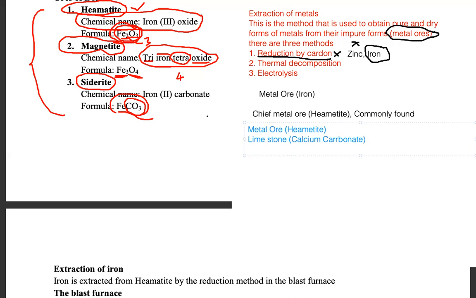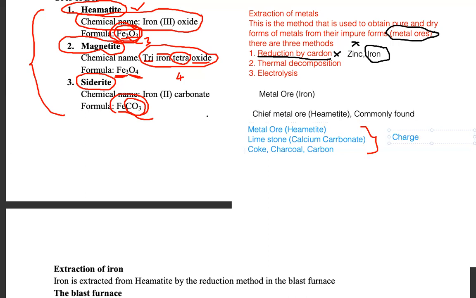What else do we need? We need coke. Now this coke, at times they call it charcoal. We need charcoal, but they don't say charcoal, they say coke. At times you can just say carbon. So these are the three things that you need. They like asking this question in an exam, and conclusively, these three things have got a name,